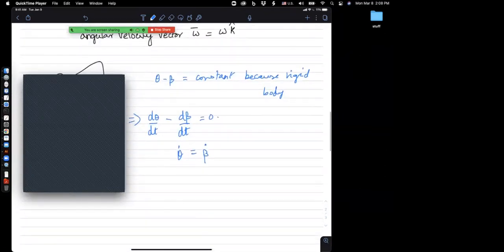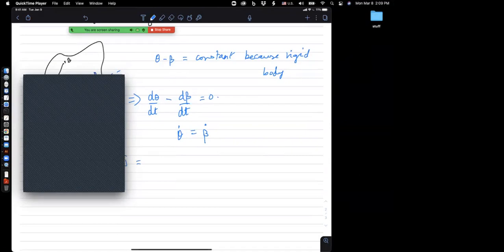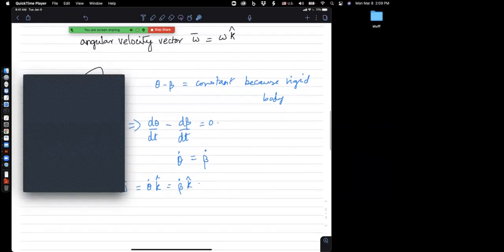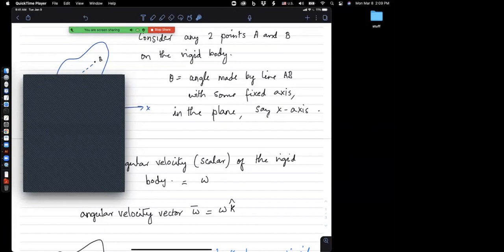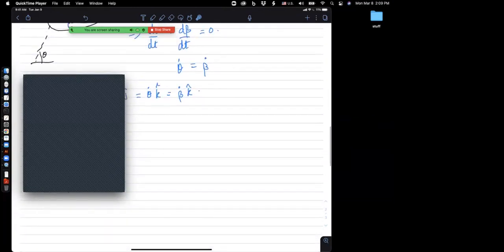So what that means is that omega, the angular velocity vector of the rigid body, is equal to theta dot k, or you can say it's beta dot k. It's all going to be the same vector because this derivative does not depend on which 2 points you pick. So when we say the object has an angular velocity, we're saying the object has an angular velocity, not a particular line on that object or anything like that. It's a property of the object. Okay, so that's super important. So angular velocity omega is a property